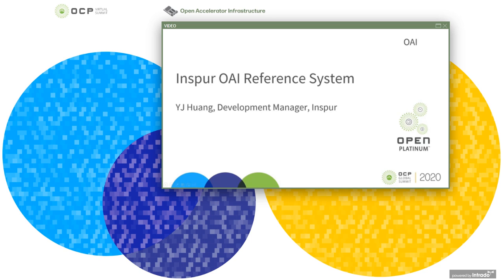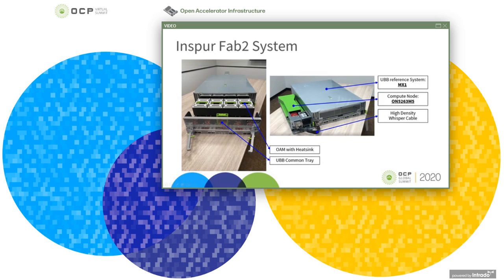First of all, I thought that it will be more persuasive if there are some real samples or pictures before the introduction. So, here is the MX1. On the left of the slide is a 3OU OAI reference system. You can see that it's pretty simple. And looking to the right side is OAI reference system MX1 and our host